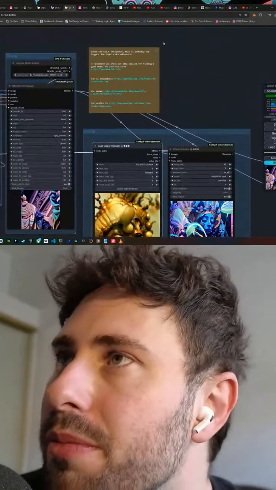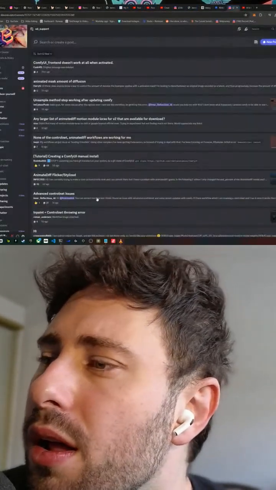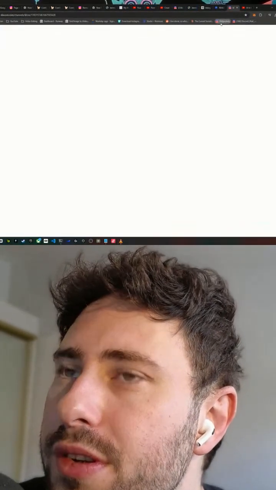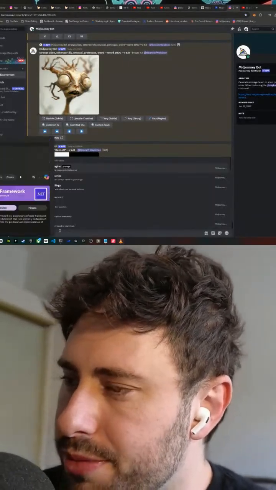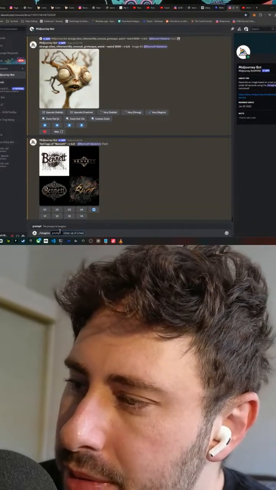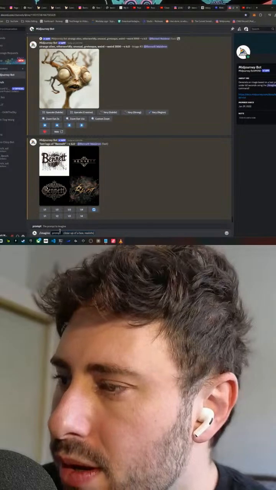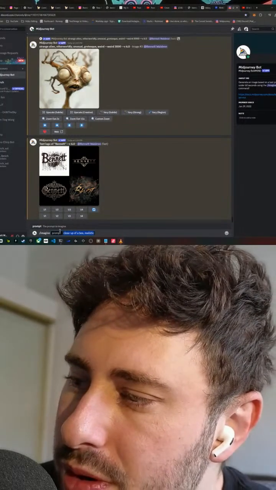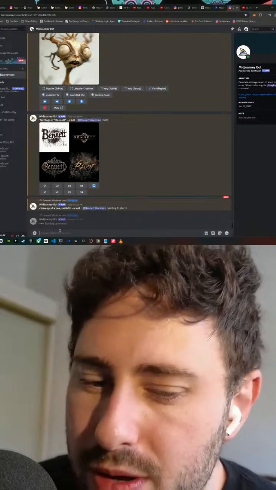Bees and wasps close up. Let's try that. Great idea, thank you. Gonna hop back over to Midjourney. Close up of a bee. Realistic. And then I'm gonna do close up of a wasp afterwards. Close up of a wasp.